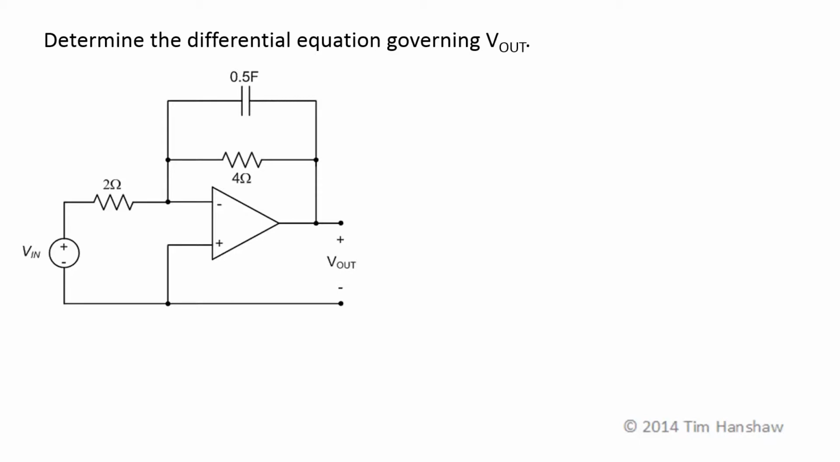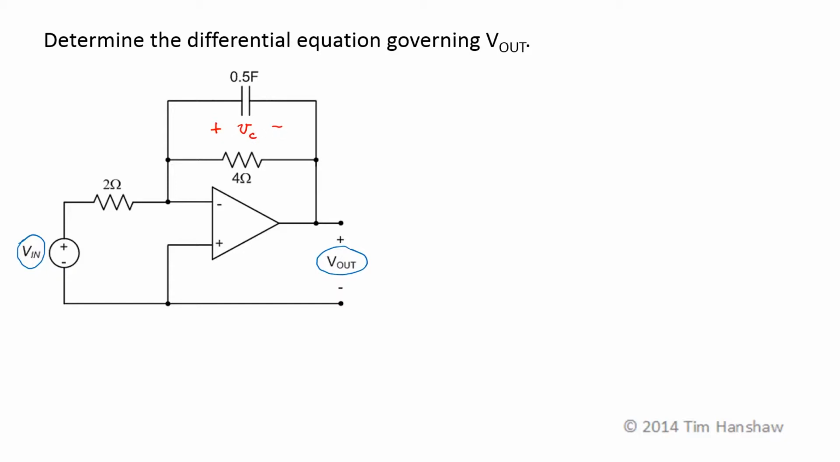In this problem, we want to determine the differential equation relating this voltage V out to the input voltage V in. Now, if I have an energy storage element in the circuit, the first thing I'll probably do is, if it's a capacitor, label the voltages across it and the current through it. So for the capacitor in this circuit, I think I'll arbitrarily choose its voltage to be V sub C with